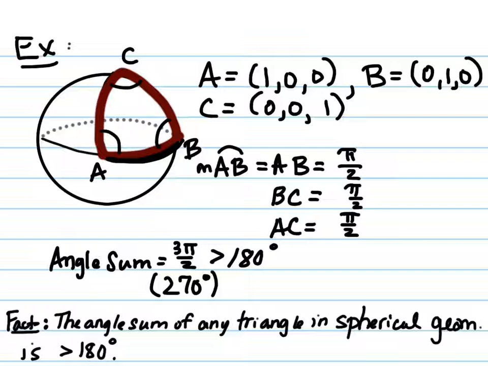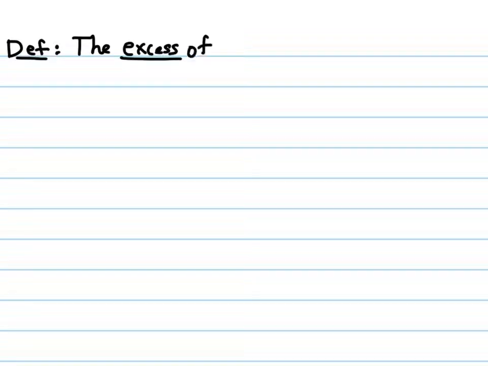It was the defect, right? The defect was how far away are we actually from 180? Well, in this case, we still, again, are away from 180, and how far away? Well, this is actually defined as the excess. So the excess of a triangle